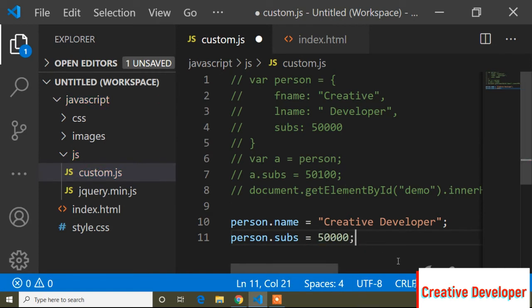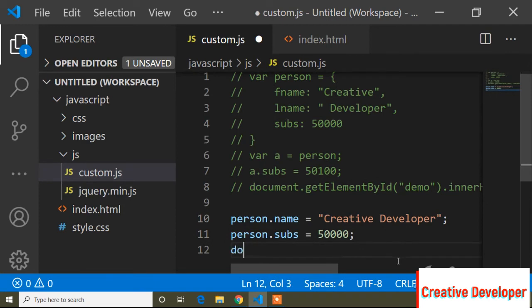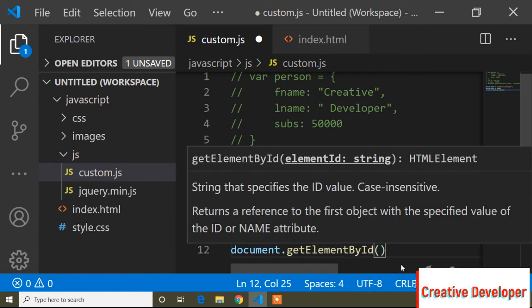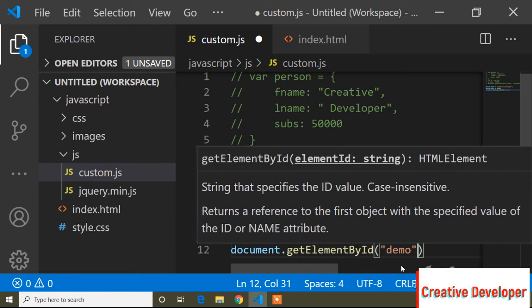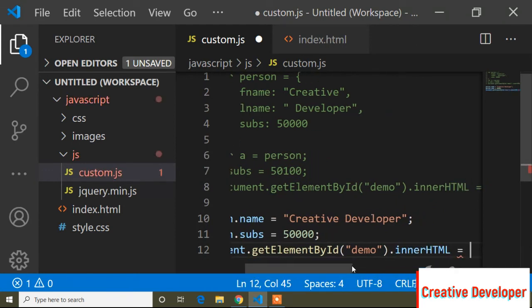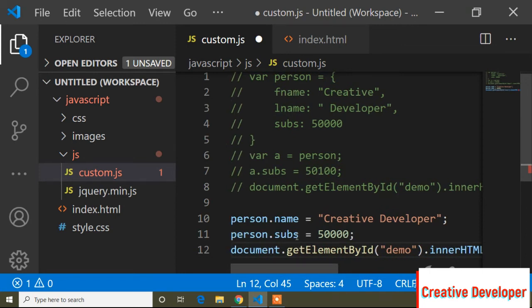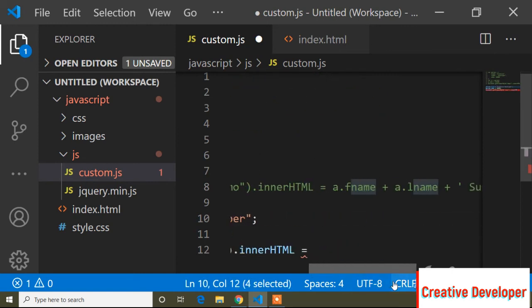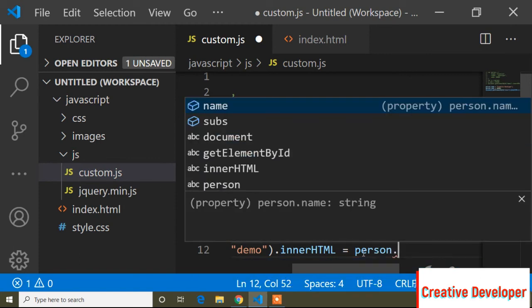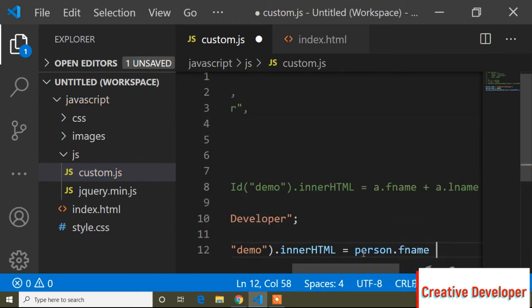And now in a similar way, if I want to print, document dot getElementById, and our id is demo, and dot innerHTML. Now inside the innerHTML, the same way, if I want to print our name, I will write person dot fname and plus I will pass a string value.